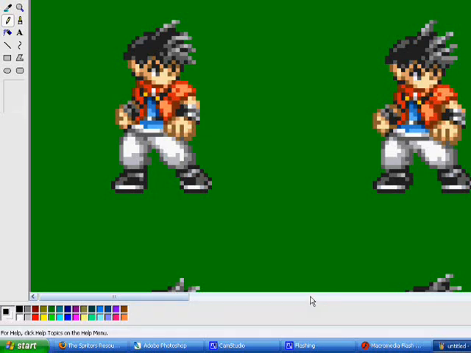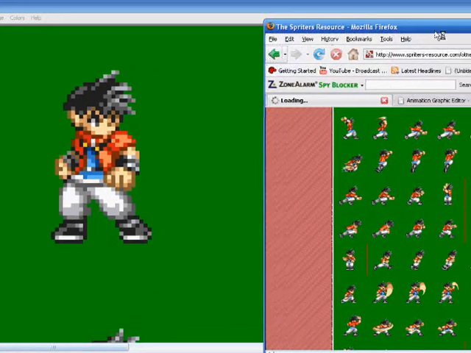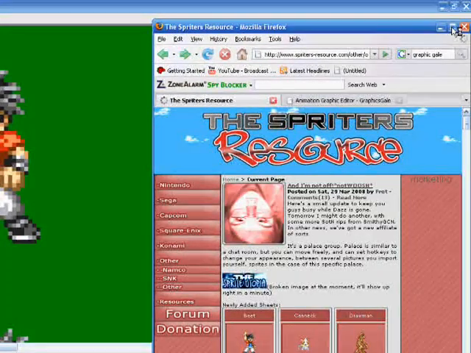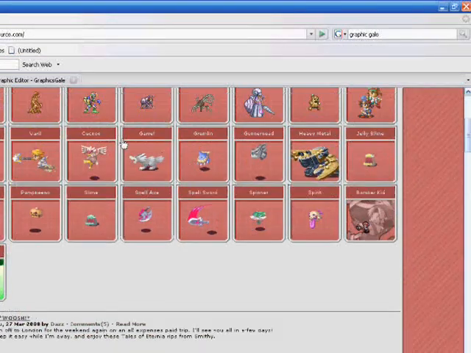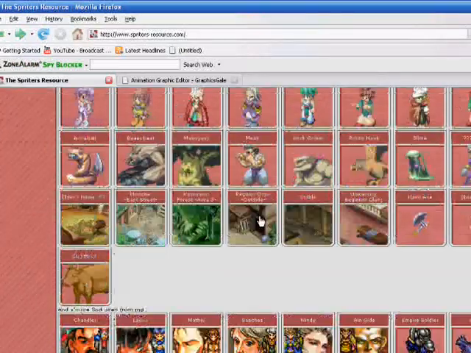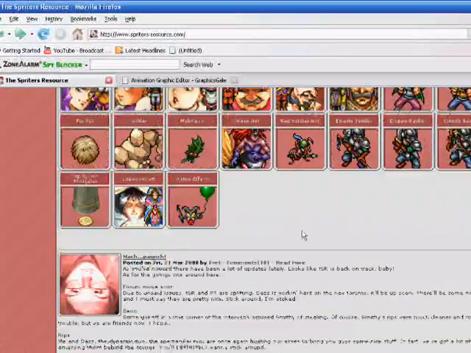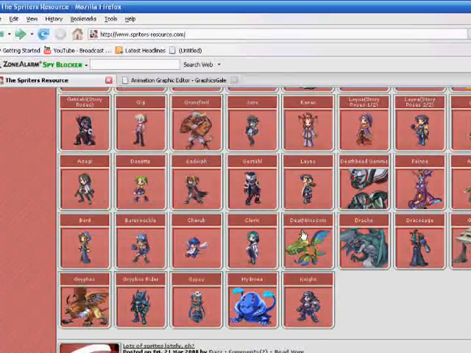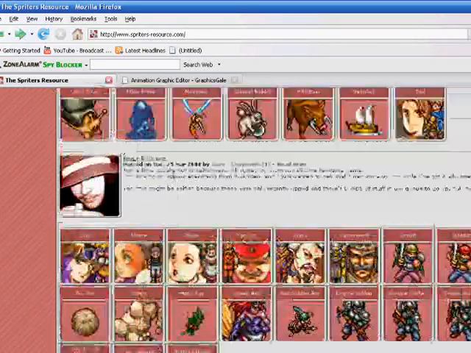And if you're asking, okay, I know what a sprite is, but where do I get a sprite? My friends, it's easy. The place to go is the Spriter's Resource. The Spriter's Resource has basically every sprite that ever existed on a GBA and from that and back, as well as a couple that exist on a Nintendo DS. I think these were Nintendo DS ones. Either way,